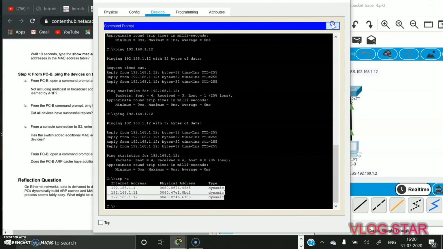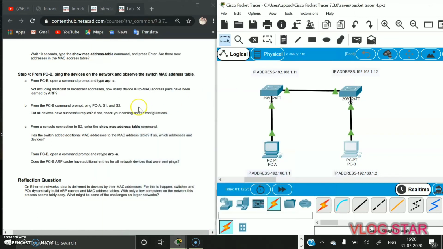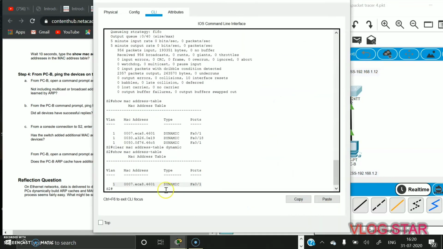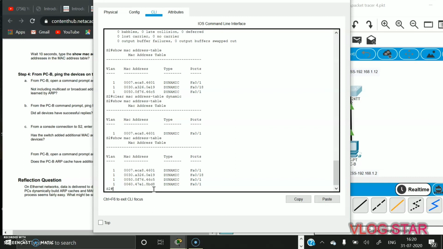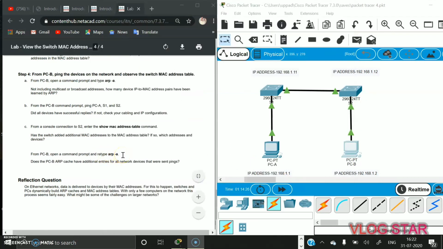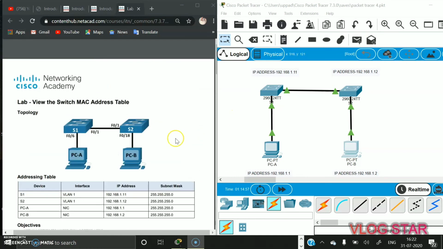Okay, now we have to go back and, from a console connection to S2, enter show mac address-table. Before this step we had erased all the MAC addresses. Now we have to re-enter the same command, show mac address-table. Now we can see that all the MAC addresses appear again. Now we have to retype arp -a. We have already done that. This is how we view the switch MAC address table.